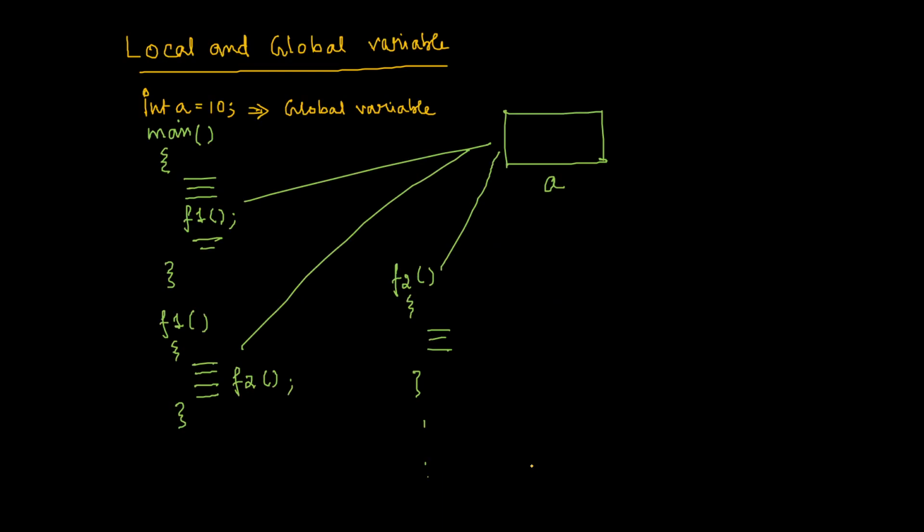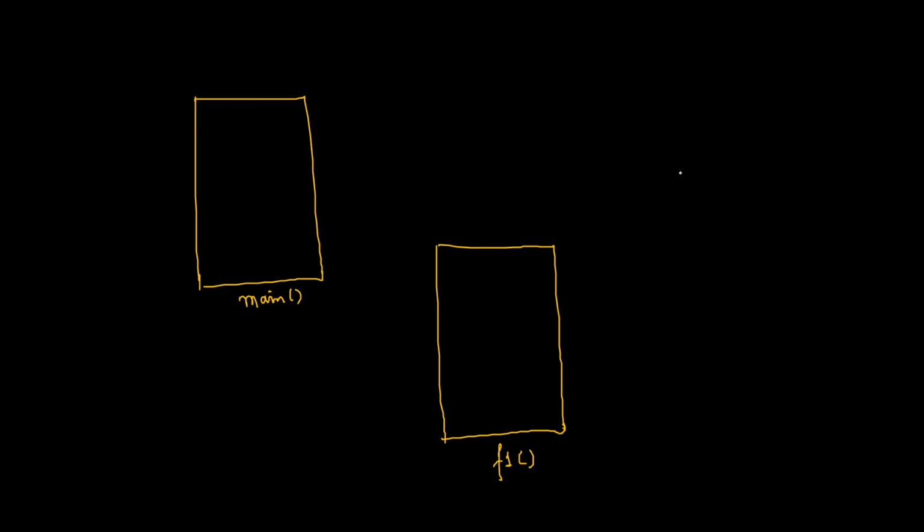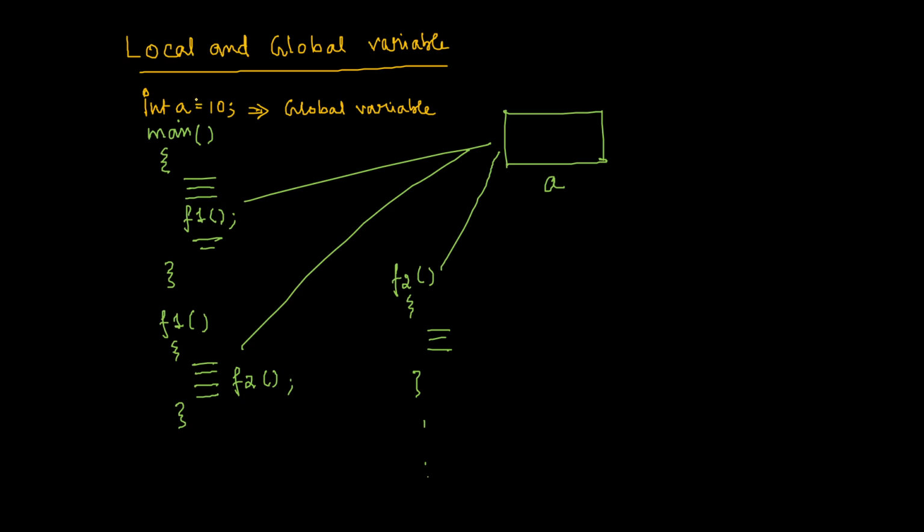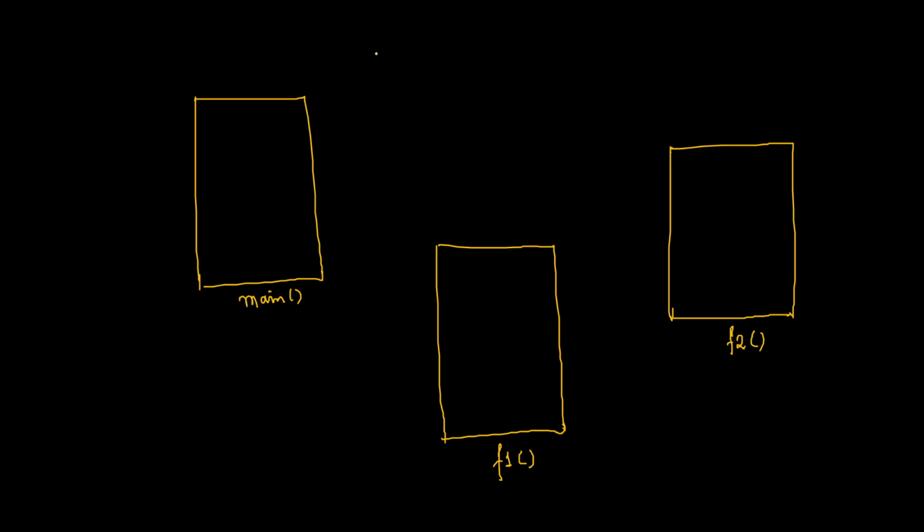I'm just following this skeleton of the program. Suppose I have another scope. Obviously, I will have another scope for function f2, separately. And I have not declared this variable a within the main function, so that scope becomes limited. Not even in f1 and f2. What I have done, I have declared this variable a over here. So that means a has been declared somewhere else, whose value is 10.